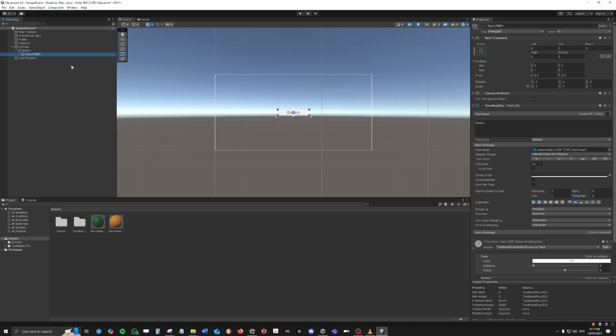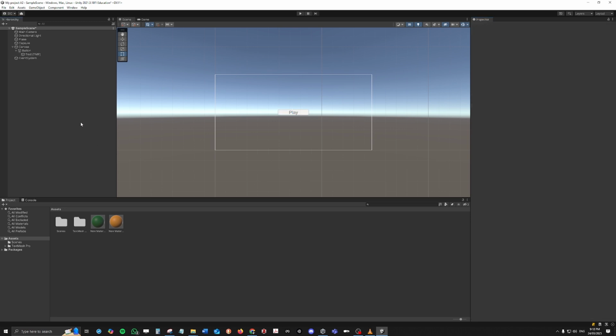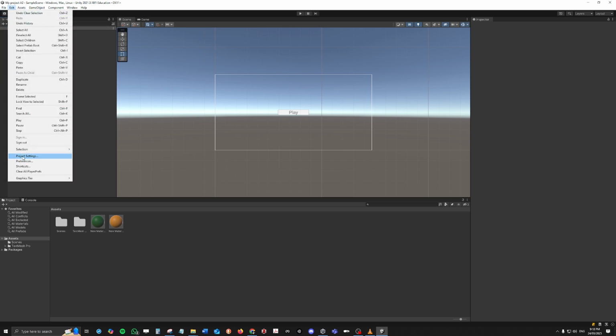Within that button should be text. I'm just going to say play. This is a very basic setup. So now that we've done that, I'm just going to save, and now I'm going to go to Edit, Project